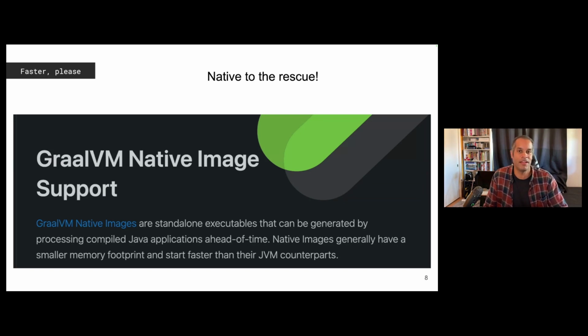You heard Deshaun talk about it. You know how it works. Blazing fast load times, very small memory footprint, excellent for basically any use. I mean, honestly, you wouldn't want to not use it anywhere. But it makes a lot more sense when you're dealing with things that are going to need to load very quickly. And that's what this does. So using native is fun. I won't show you an example of native right now. I think Deshaun has done that already, but a native build is basically just a switch on your Gradle or Maven build.